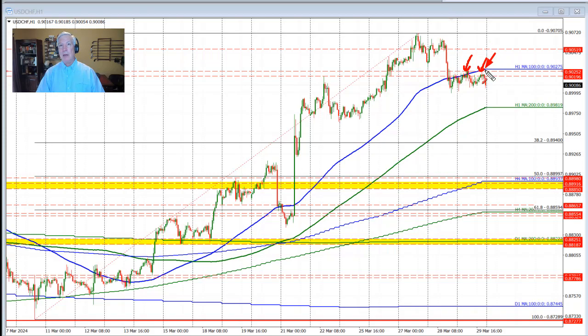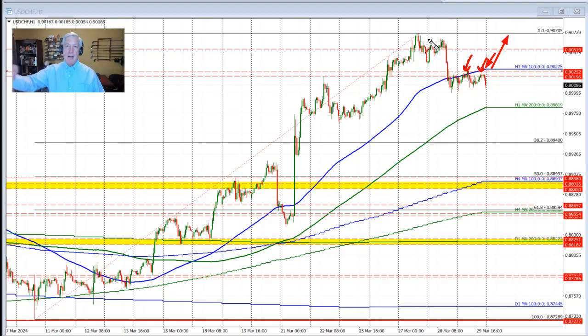Also in play is the 100-hour moving average, which comes in just above that level now at 0.90275. So as we head into the new trading week, that's going to be our close resistance to get to and through. If we're able to get above that level, then we can give absolution to those sellers who pushed the price below the level and tried to keep the price below the 100-hour moving average in the process. We'll forgive them for failing on that, and we'd start to look back toward our high price at 0.90705, and